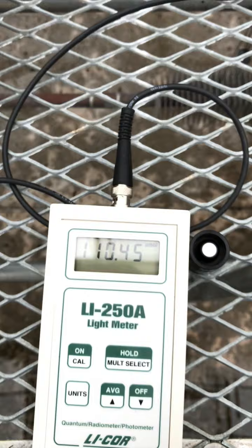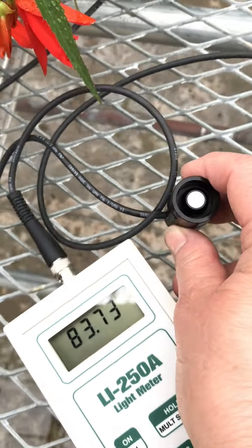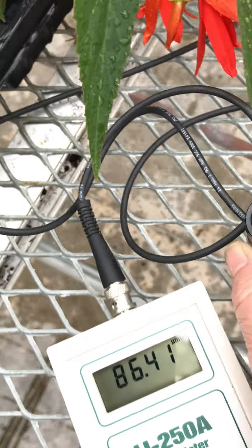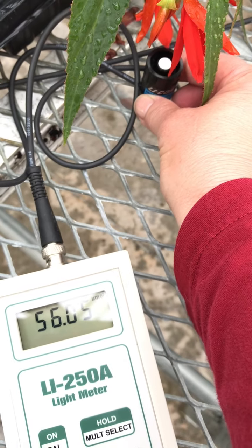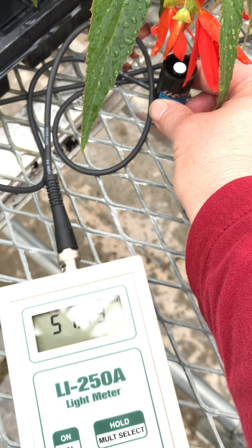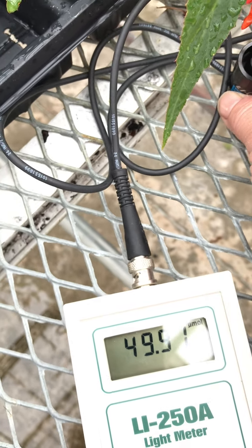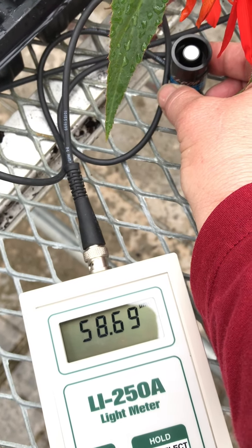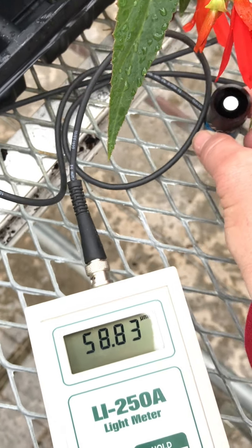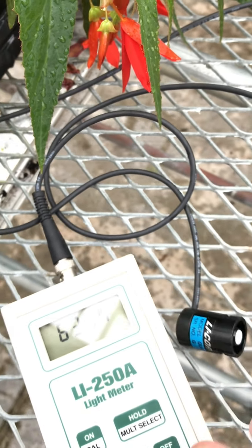But the other thing I always like you guys to remember, we talked a lot about how light changes, and I'm going to move this light meter and put it underneath some plants. Okay, so there's our light sensor. We're under a little bit of flowers and some of the begonias here, and the light level right away is slightly different under the canopy. This is not a super thick canopy, but we've really reduced the light level by at least half. So again, the outdoor conditions are about 5 times higher, and the indoor conditions can vary tremendously,